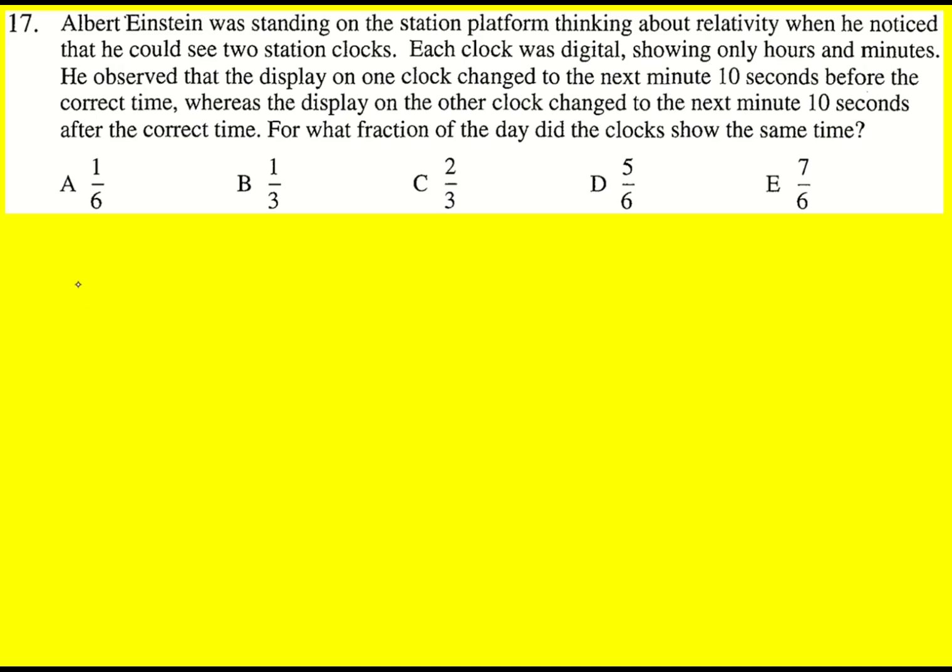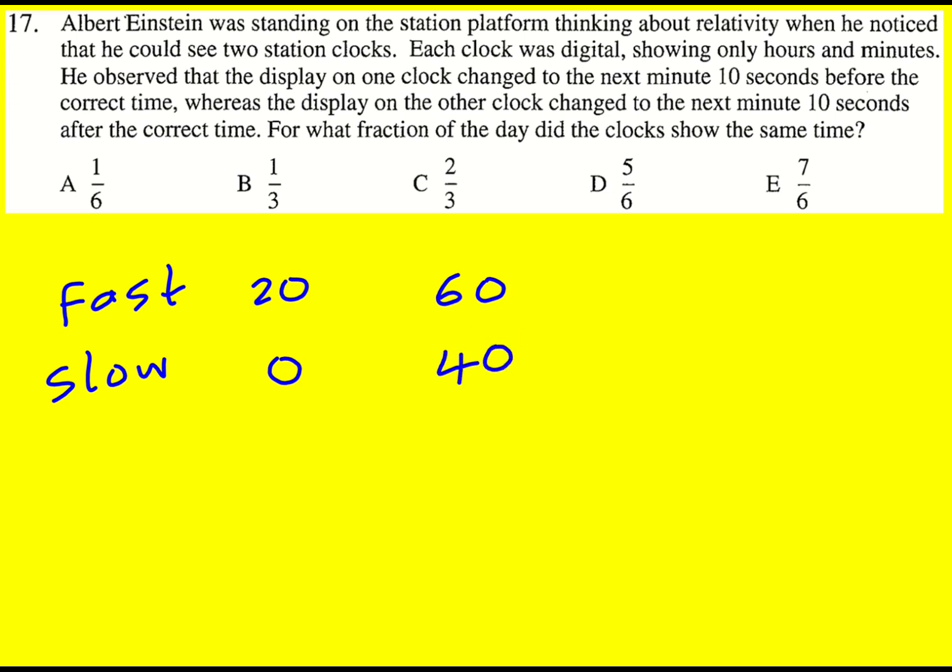A quick way to do this question is to look at the fast clock and the slow clock and see that by the time the slow clock has actually got to 0, so the same minute, the fast clock will already be 20 seconds past. And then by the time the fast clock gets to 60, the slow clock will only be on 40 seconds. So basically 40 seconds will have passed in the minute when they are the same, because